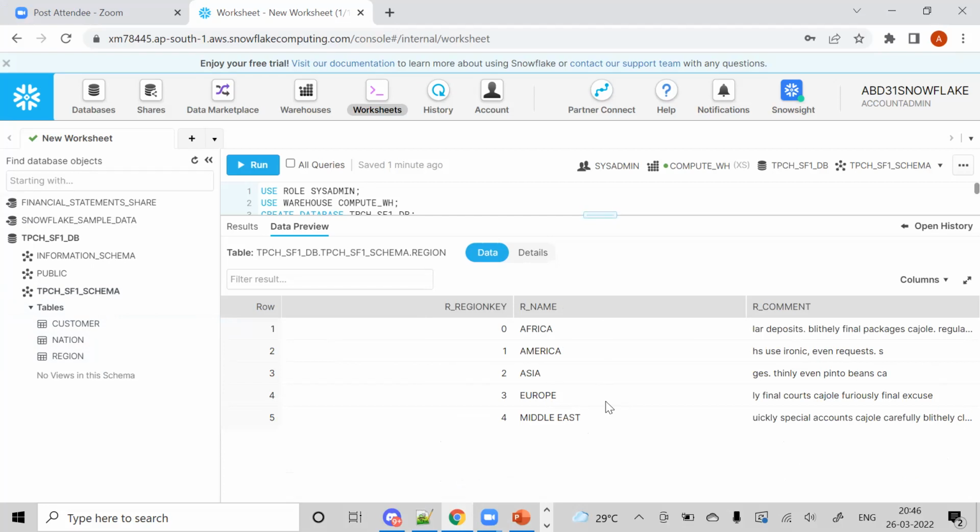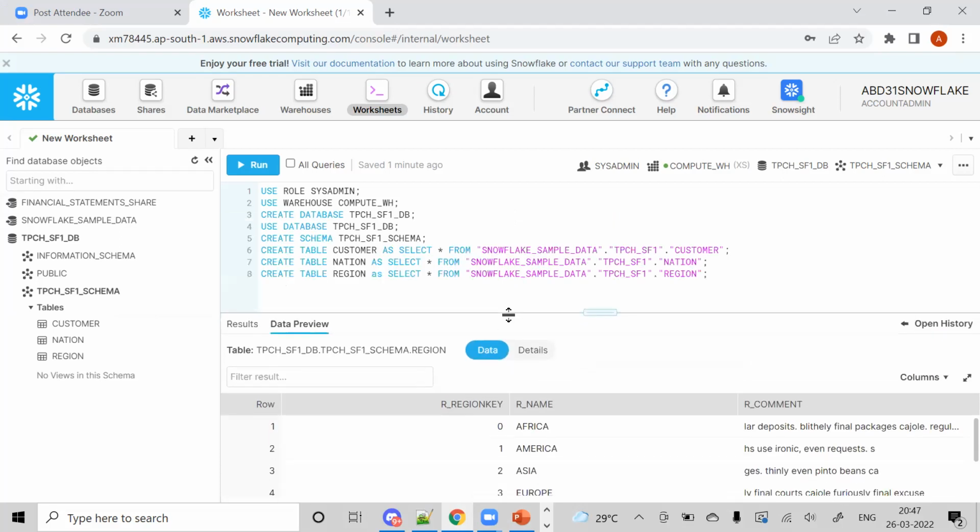So what I'm going to do is, for Vinod, I'm going to share the data in a way that only certain regions you will be able to see. Rest all other regions you will not be able to see. Okay, so for example, let's consider this is kind of a sales data I'm sharing, or customers data I'm sharing, and Vinod is say responsible for handling Asia and say Africa, and Venkat is say responsible for handling America and Middle East. So they should not see each other's data. Okay, that is how I'm going to share